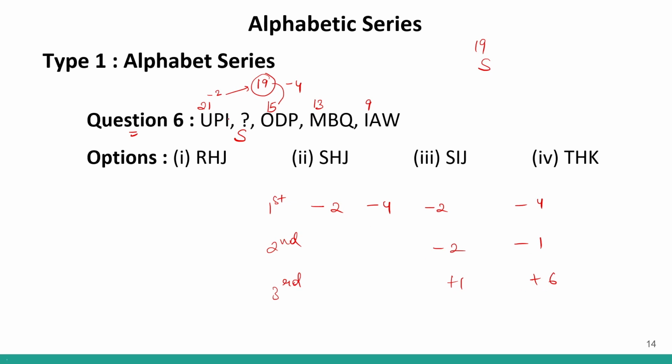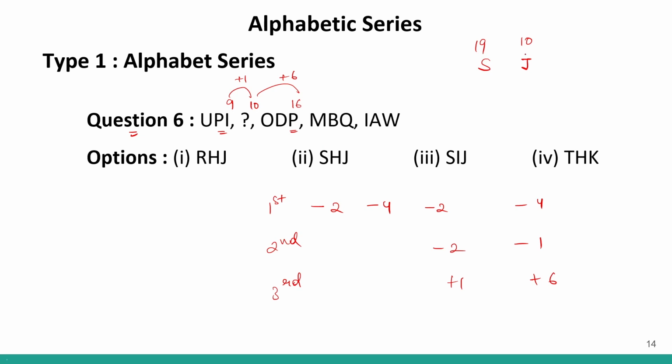So between I and P, for the third alphabet I'm talking about now, I is 9 and P is 16. The difference between 9 and 16 is 7. Correct? So 1 and 6, maybe it is also repeating the pattern of plus 1 and plus 6. That means I will get plus 1, that is 10, and then plus 6. So at 10th position we have J. Correct?